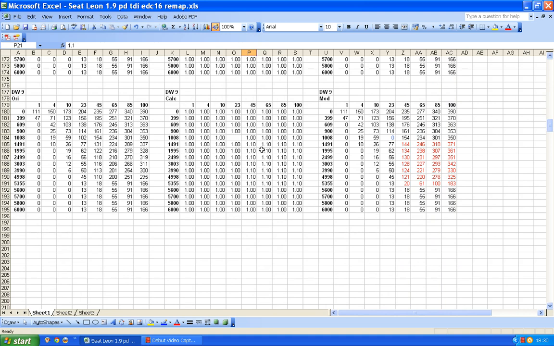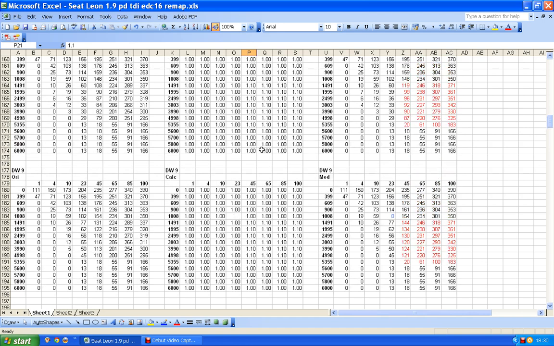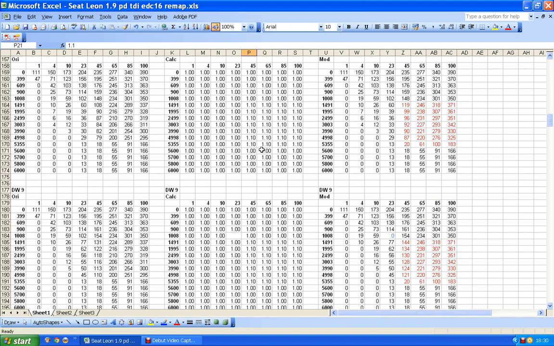Rather than try to write a new file, it doesn't hurt to just decide to change, let's say, only the driver's wish map, load the new maps in and go and drive the car and see if it makes any difference. So you can just test each little change you make as you go, and it makes it far more interesting, and it's a far safer way of going about making changes. Right, that's just one possible way then to change the driver's wish. So I'll stop at that point.